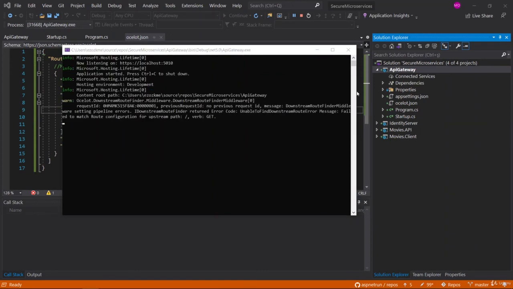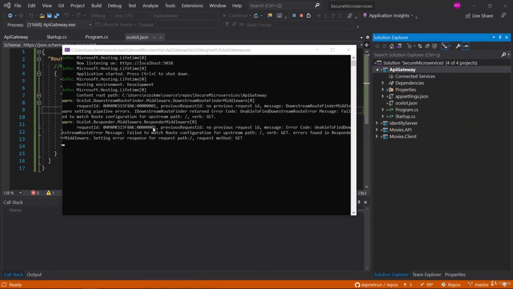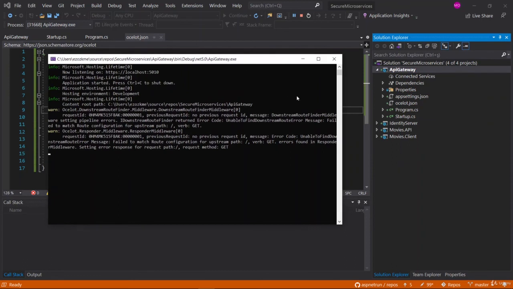It is running correctly. You can also see the logs about the downstream and upstream messages from Ocelot. So everything seems okay. We don't need to test anything about this project. We will implement the actual operations in the next videos.